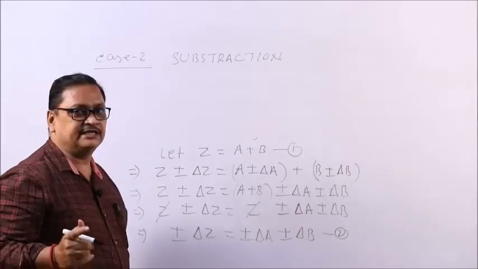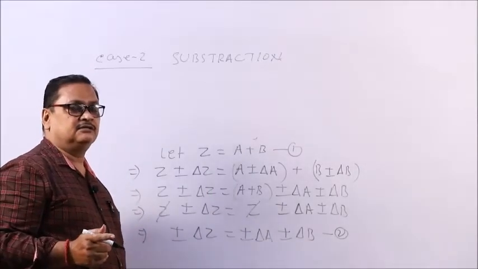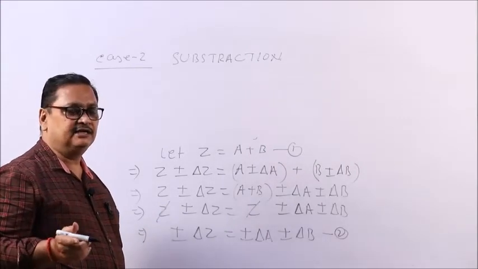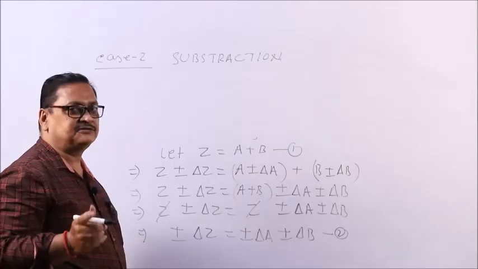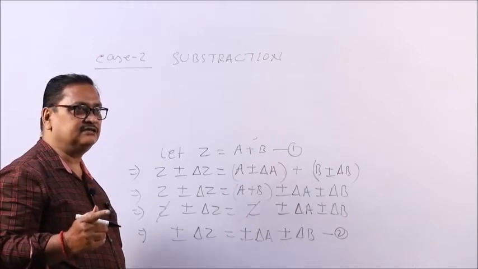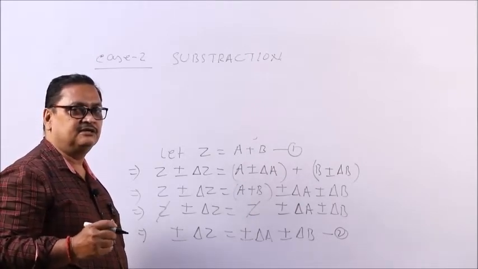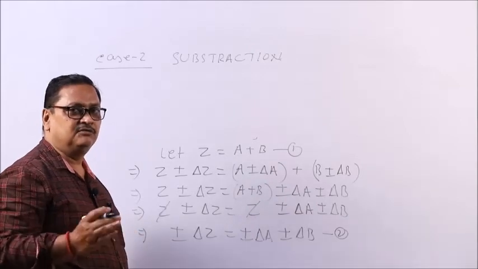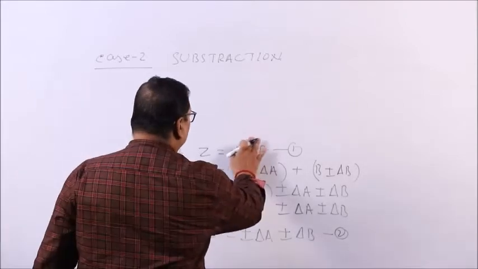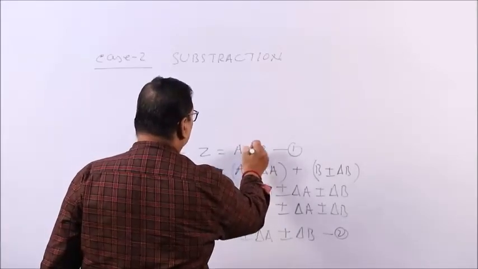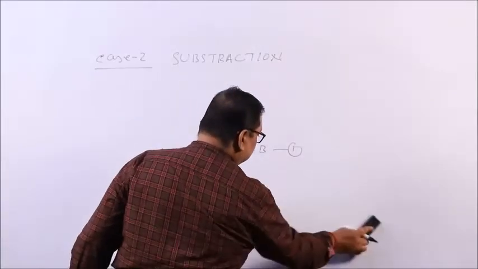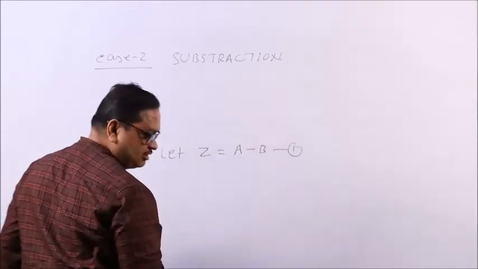Similarly, you take two quantities A and B, that is the true value, then the measured value is A plus minus delta A, B plus minus delta B. So, absolute errors are plus minus delta A, plus minus delta B. Here plus and minus are taken because the measurement may be greater than the true value, or may be less than the true value. So, if now we subtract these two quantities, Z equals A minus B, then what will happen?